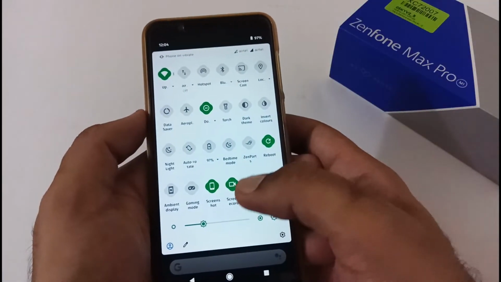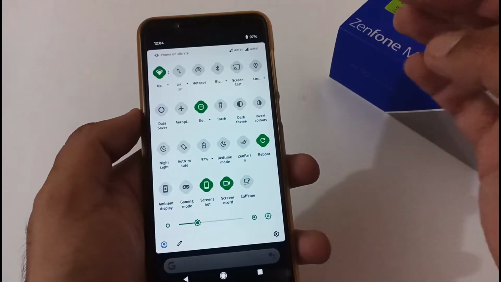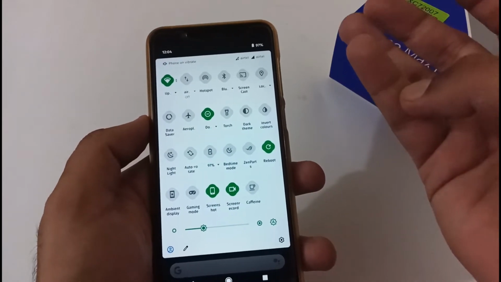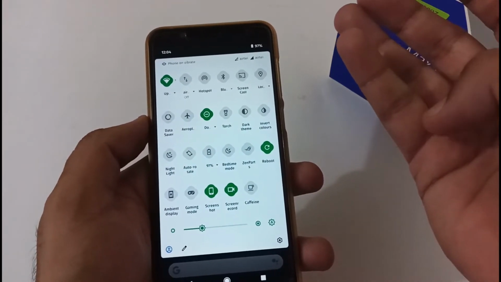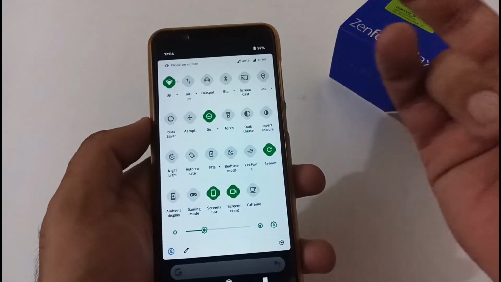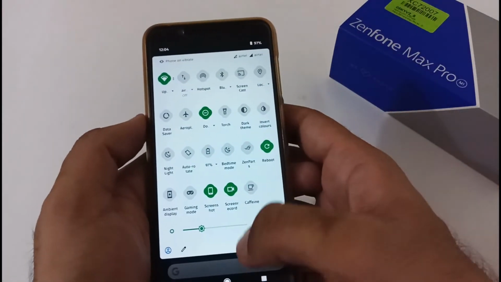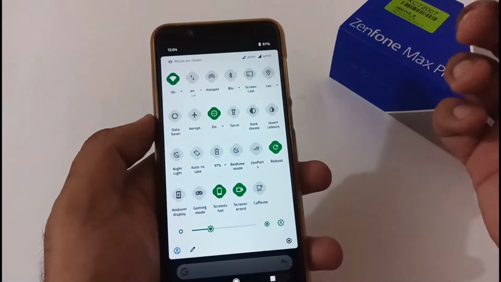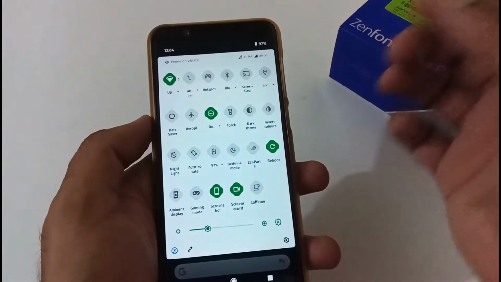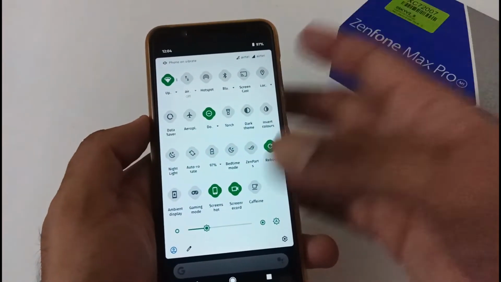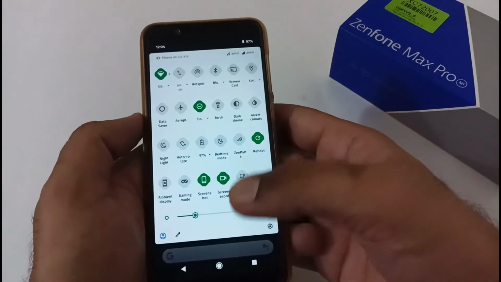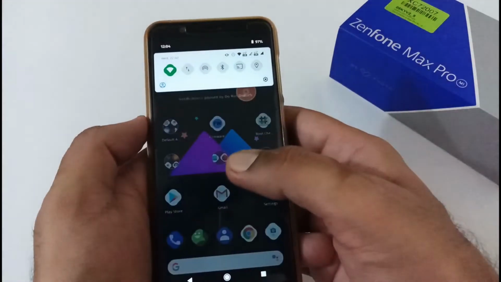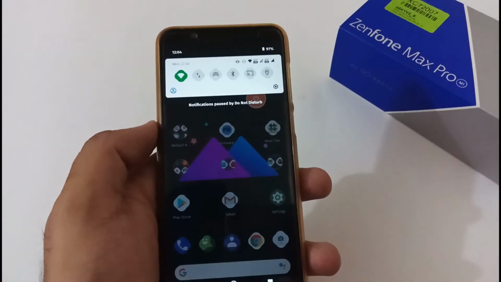And the good thing is that the screen recorder is working absolutely fine, be it for internal recording or internal sound or external sound. External sound can be recorded with respect to the surroundings and via earphone or microphone and so on. Apart from this, there is a glitch with the ambient display. Whenever I turned it on and got any notification, I was unable to see any ambient display on my screen. Not sure why it is not working, but whenever you flash this ROM, you can confirm this part as well.